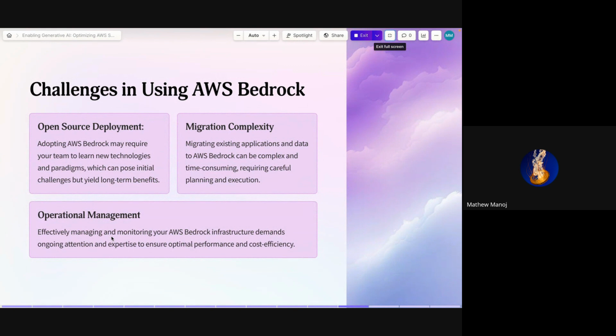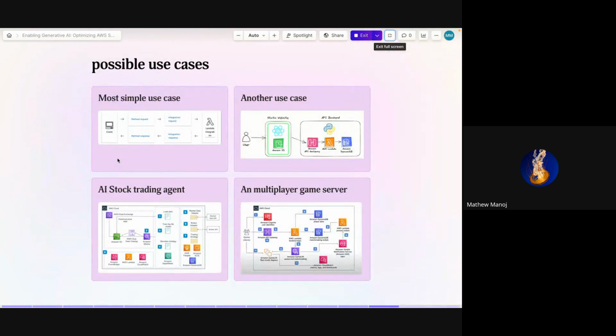And yeah, a few of the challenges. But before we go to challenges, let me show you how certain use cases can be as simple as just providing the API to your Lambda function. It will be a place where it will interact with the user. It'll take the API request. The Lambda function will have the model ID and stuff like that to be able to access the foundational models. Then it will take the response and give it back in the front end.